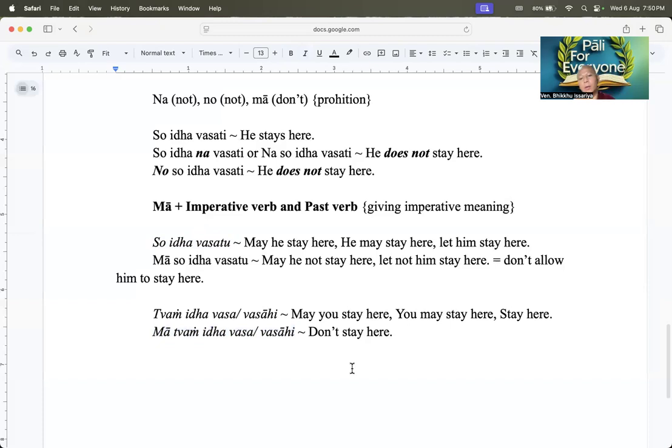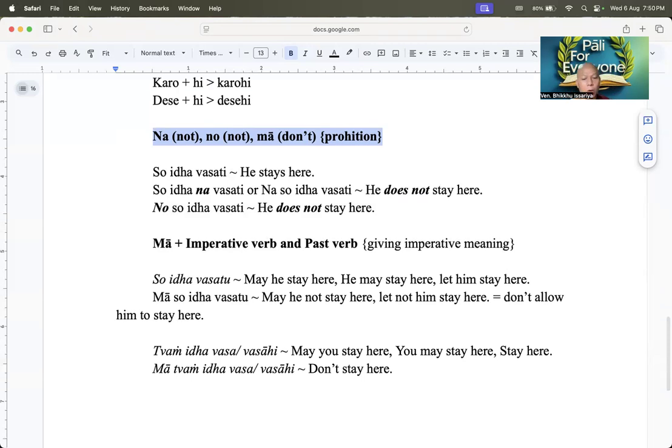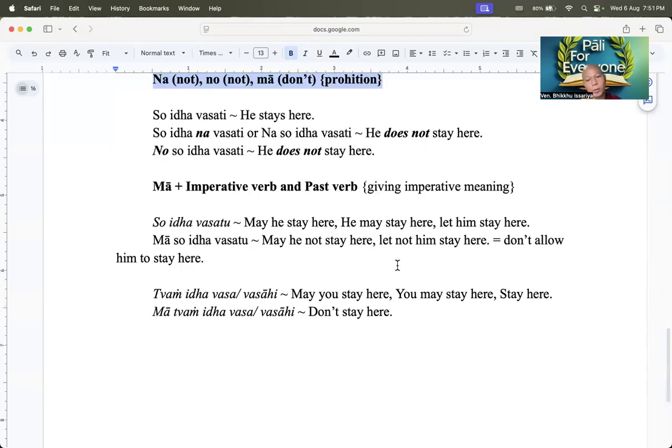Okay, so now in Pali there are three types of negation. We need to know the three types of negation using na or no or ma. But na and no have the same meaning, like I don't go, I don't eat. And also na and no can be found with the present tense and also optative verb, and the future verb also. So for example,